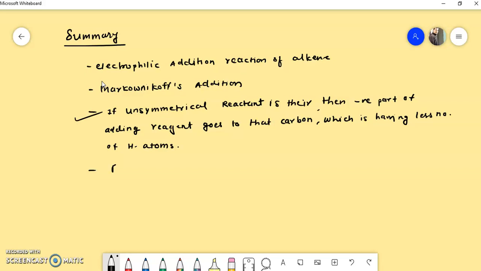So this reaction can be called a regioselective reaction. So what is the meaning of regioselective? That I have already explained in previous videos, that if the reactant has two sides of reaction, and the reaction takes place particularly at only one side, then that is called a regioselective reaction. So this is all about the Markovnikov addition reaction, Markovnikov rule. This is a very basic rule or very basic reaction, but a very important reaction to remember in organic chemistry.